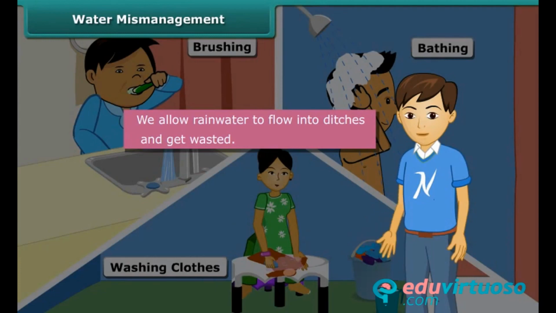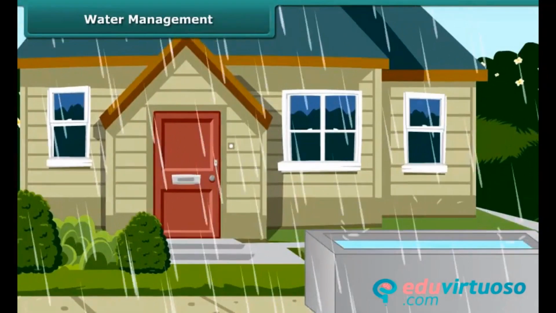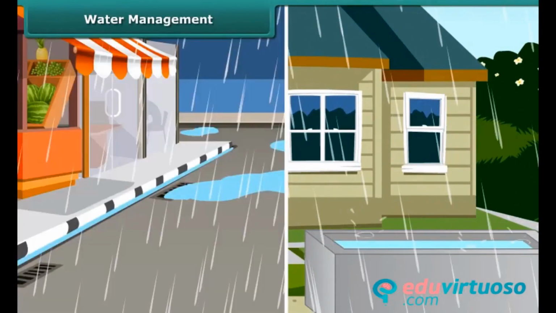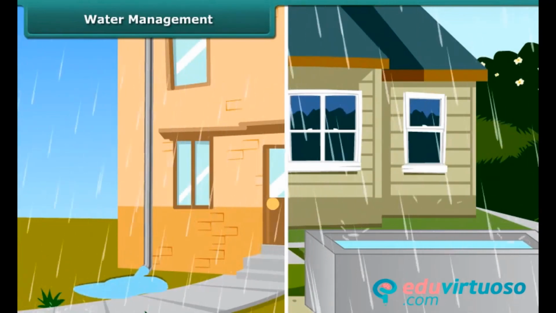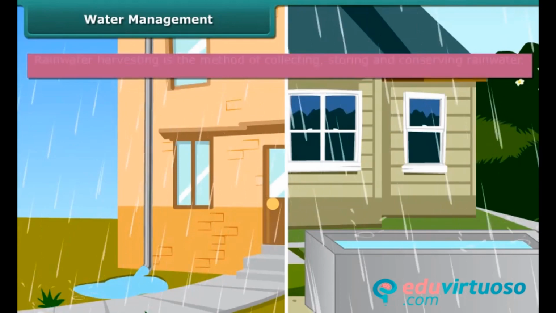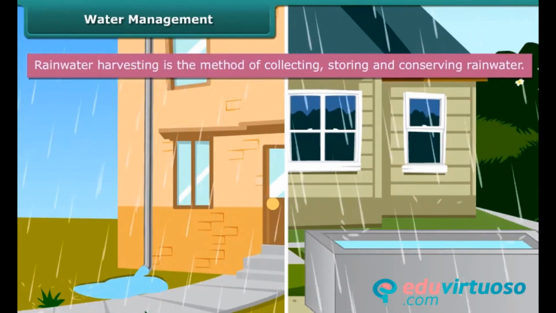It should. Fresh water is, no doubt, renewable, but it is finite and gets depleted by mismanagement and indiscriminate use. If we collect and store all the rainwater that falls on terraces, roads, and pavements instead of letting it run into the ditches, we could actually have vast reserves of water. Collecting, storing, and conserving rainwater is called rainwater harvesting.